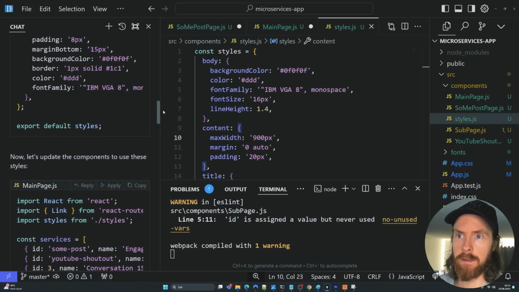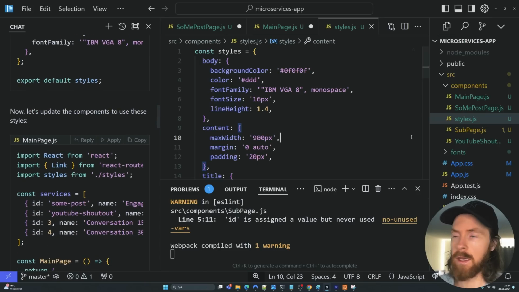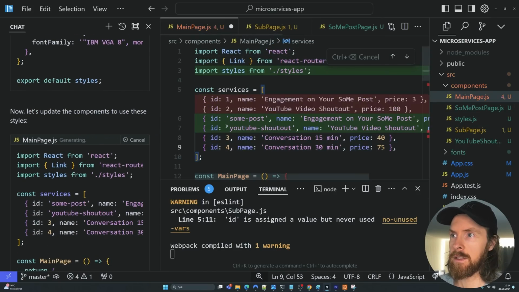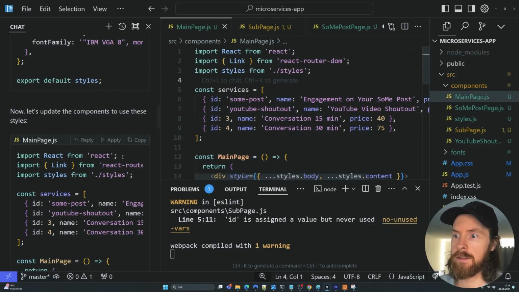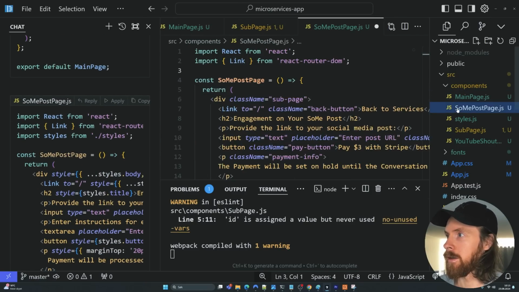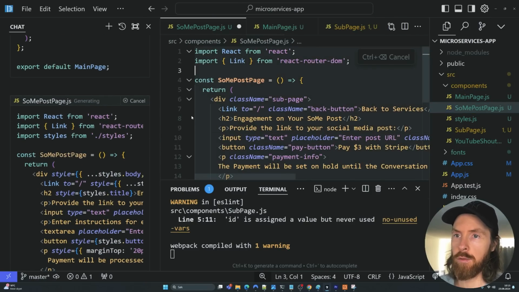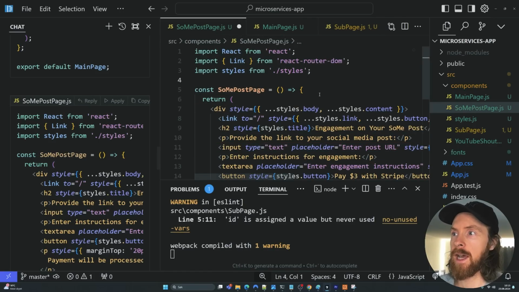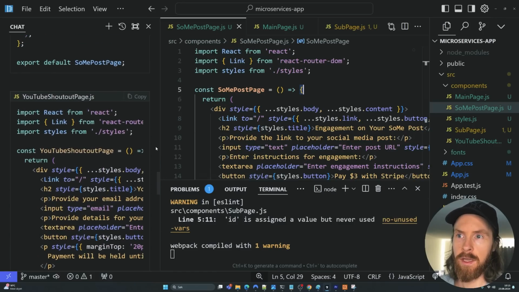Next step is gonna be to upgrade the main page.js. Okay, so we imported styles now, you can see that. So let's try this. Next step is gonna be to do the same with all our other components here. So I'm just gonna update all the components,